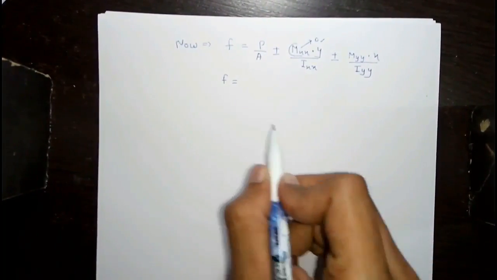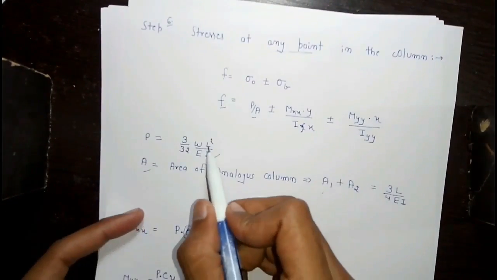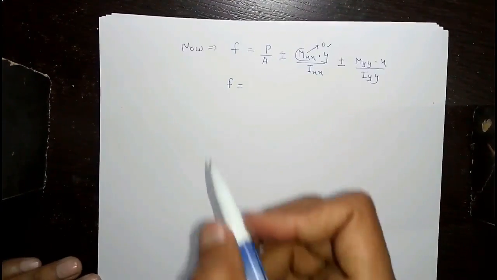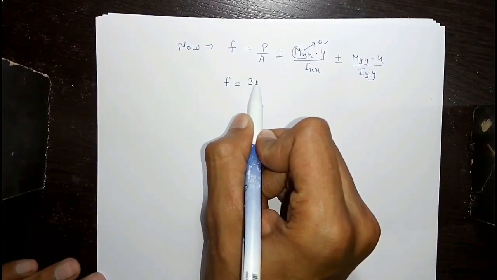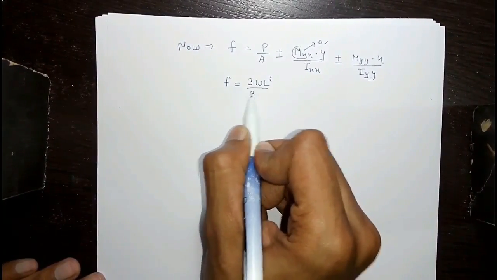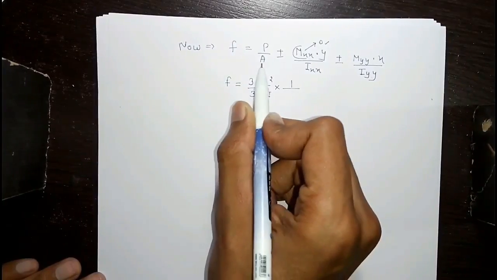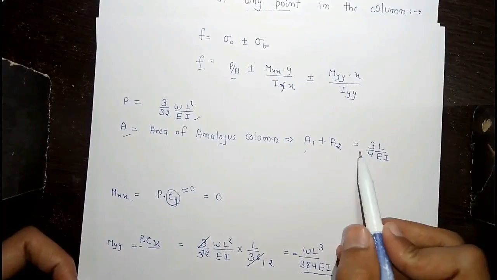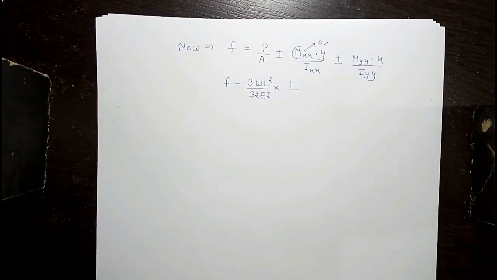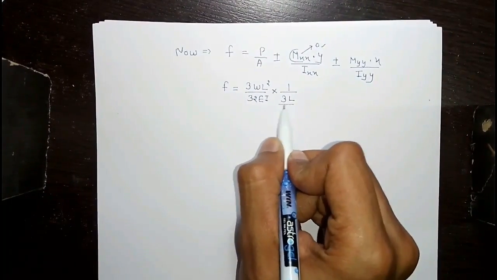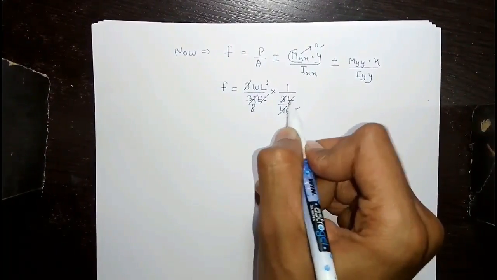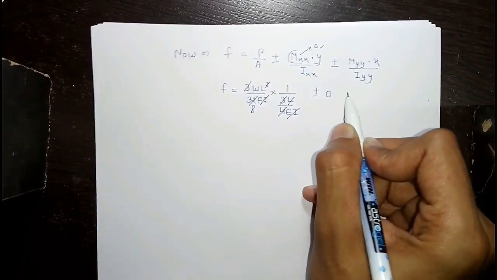Now f is equal to P. P we already determined is 3WL square divided by 32 EI, and 1 upon A. So A will be 3L divided by 4 EI. EI to EI cancel, 4 8s are 32, 3 to 3 cancel, L to L cancel, plus minus 0 plus